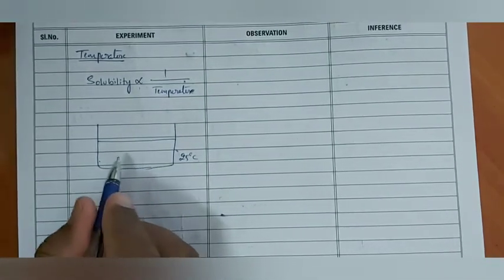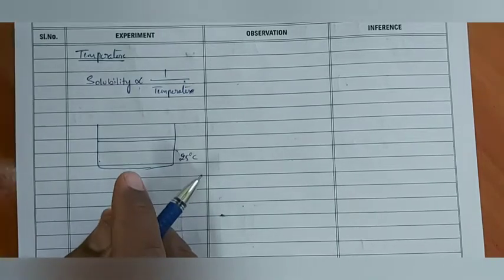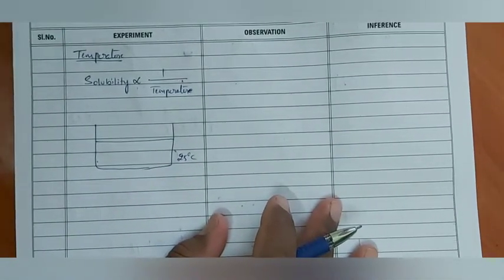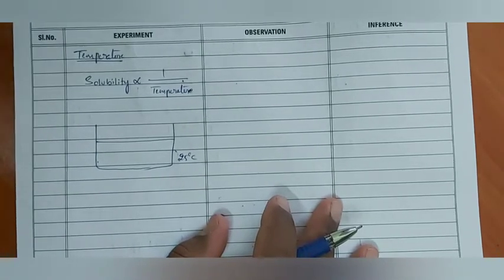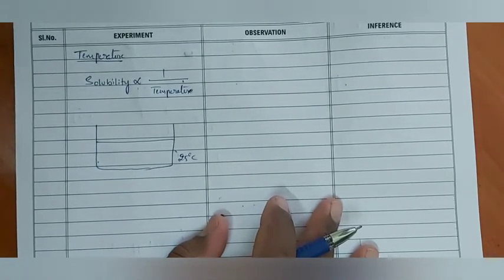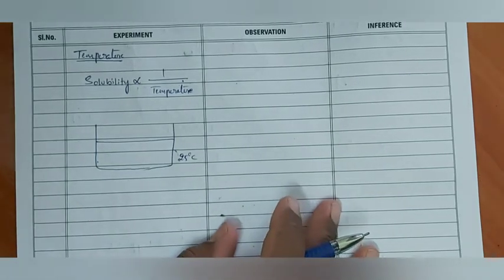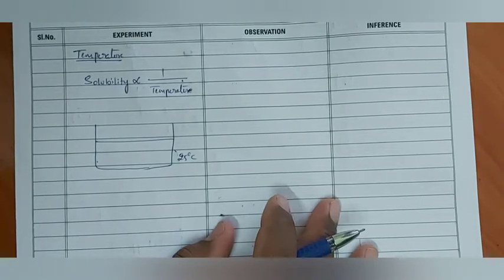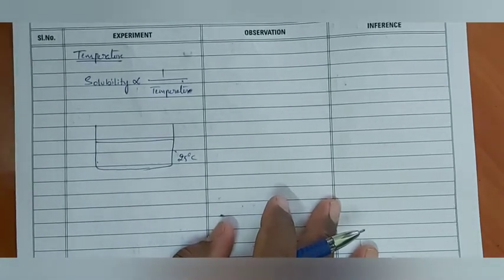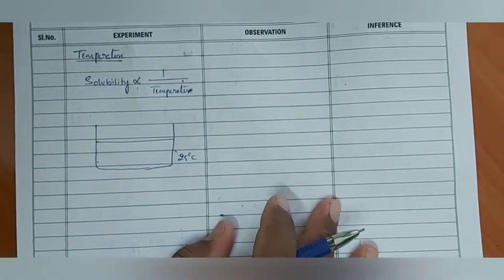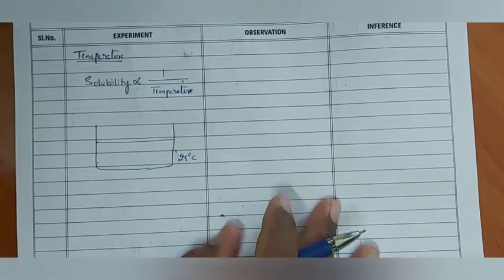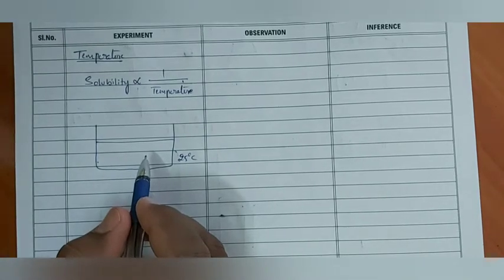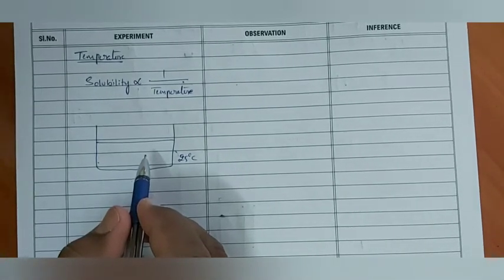We know the taste of mineral water. Normally water is colorless and tasteless, even odorless also. But this mineral water has some sweet taste. Definitely we will observe that while drinking. Is it correct? That is because of dissolved gases as well as some minerals. Water is dissolved with some gases as well as some minerals. That is the reason mineral water has some taste. Naturally, pure water has no taste.